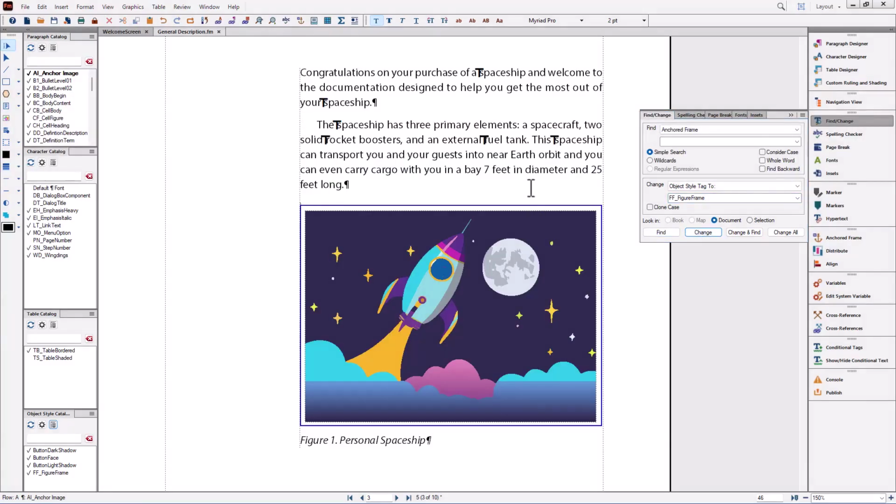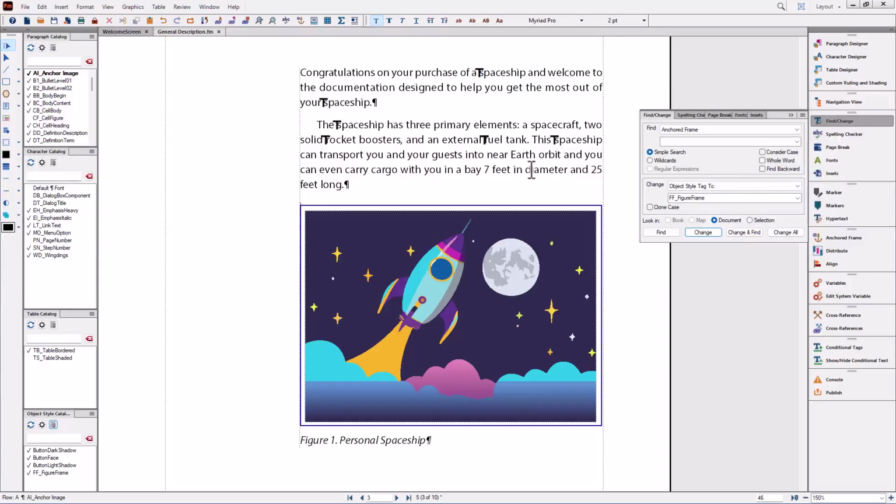And you can see that it's added that object style to the frame. Now, the reason you might want to do this is because if you've got a lot of anchored frames in here and you didn't know how to use object styles, maybe until you watched my last webinar on unlocking the power of styles and now you want to incorporate them, this is a quick way to assign object styles to your anchored frames. And the benefit of an object style, of course, like any other style, is it's consistent formatting,